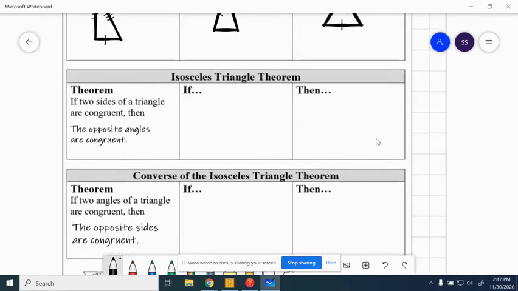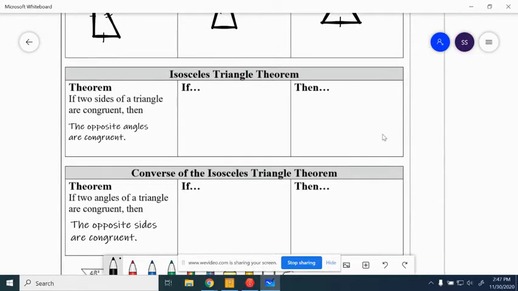All right, now we've got some theorems here. The first one is: if two sides of a triangle are congruent, then the opposite angles are congruent. Opposite angles. So let's go ahead and write this out. Let's get an isosceles triangle out here and label these A, B, and C. If we know that segment AB is congruent to segment BC, well then we know